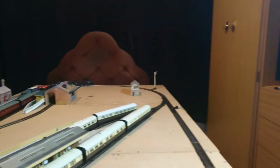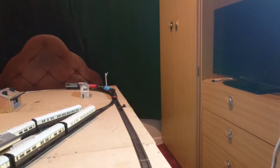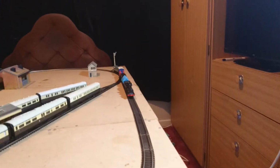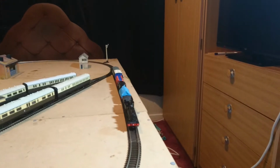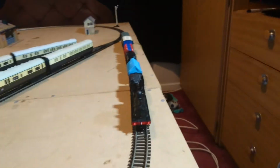Now we're going to bring her around to my usual viewing point, and we'll have a good look at her. We'll bring her along a little bit. Here she comes. We'll put her up now. Let's have a look at her from above. So you can see